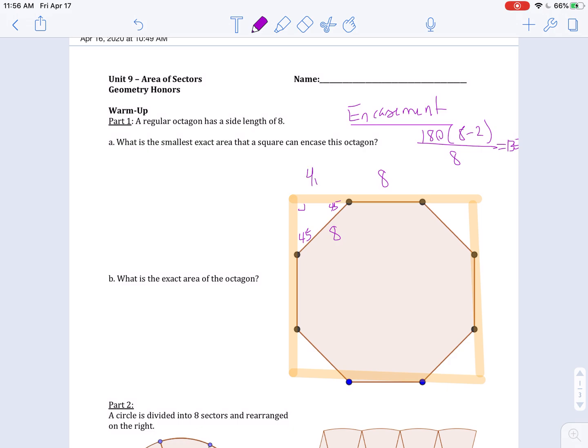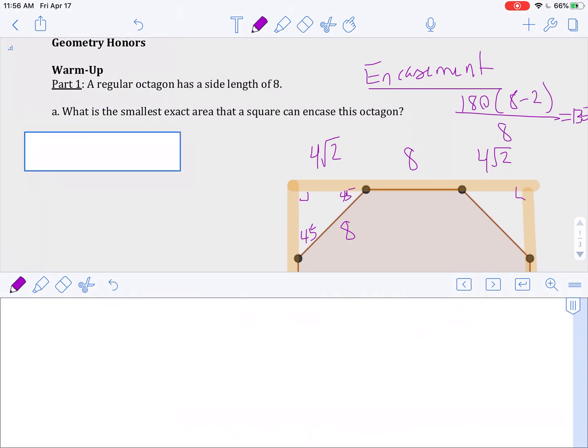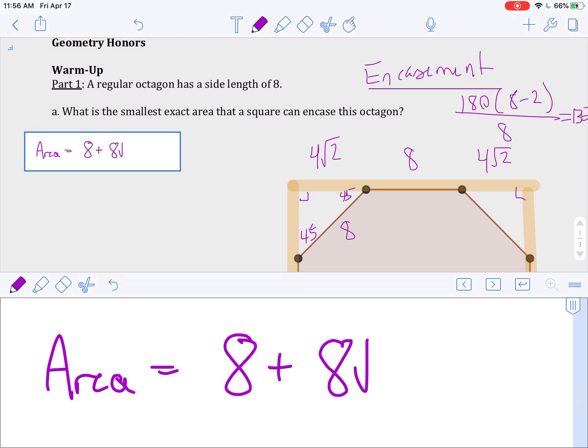So each of these little spots is going to be 4 root 2. And that's true for all of the spots around here. So we know that the side of the square is 8 plus 8 root 2, so the area is 8 plus 8 root 2